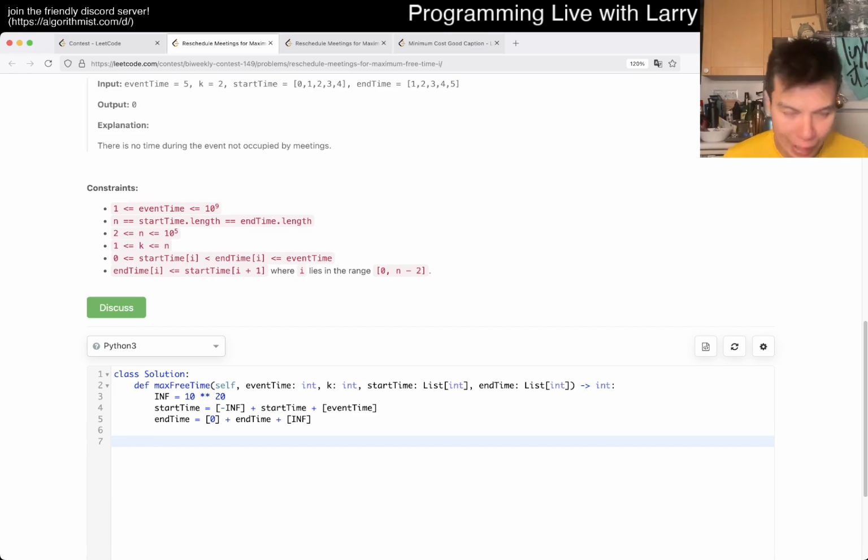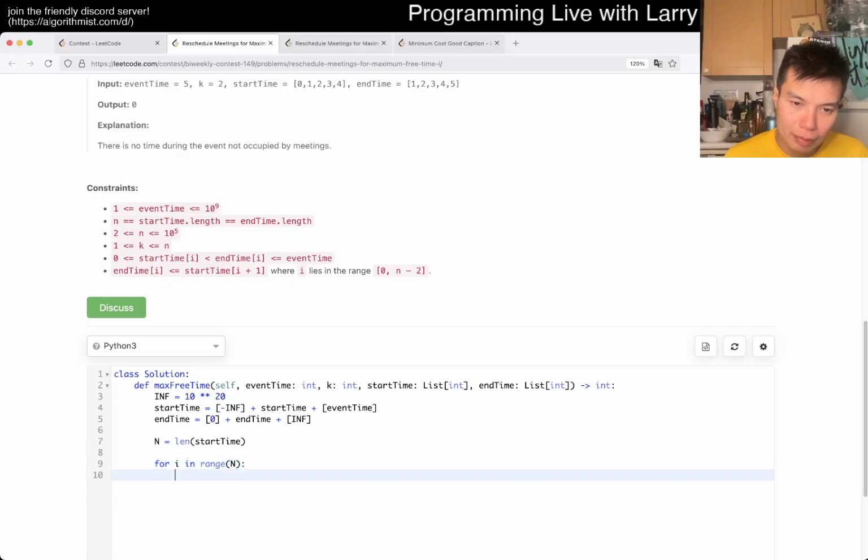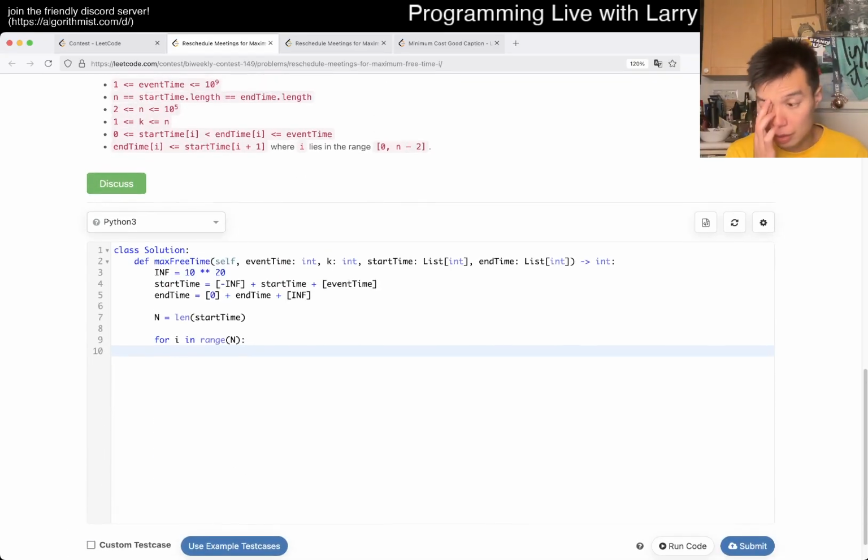Right, and then now for K is going to be the sliding thing where we skip the thing, right? So basically skipping K items, but get the total of those K items and then reallocate. So okay, right, so now for I in range of n, that means that we want to skip I to I plus K minus 1,